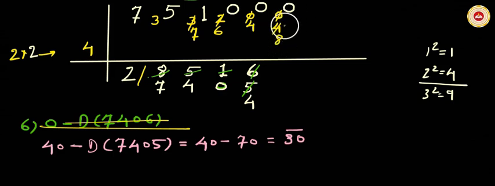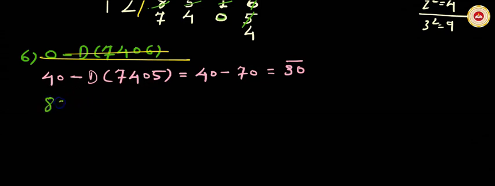Now we have got 80 as gross dividend. Friends, please understand this logic. Whenever you get negative net dividend, reduce the last quotient by 1 and increase the remainder by the value of the divisor, and continue this process till you get positive net dividend. So I hope that this time we are going to have positive net dividend. 80 is the new gross dividend, minus duplex of